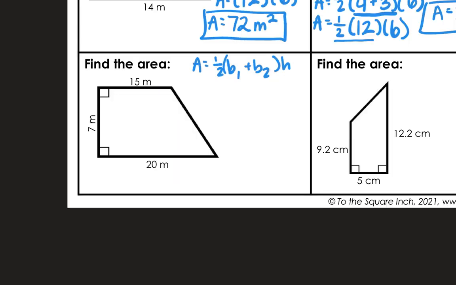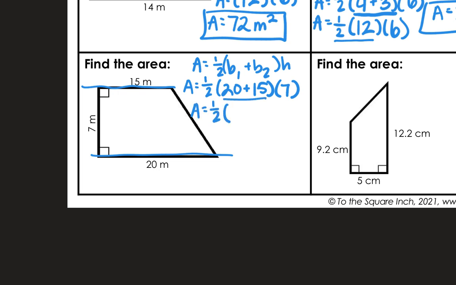The next one here looks a little different than the last two, but it's going to be the same process. So we're still starting with area equals 1/2. Our bases are still our parallel sides, the ones that are never going to touch. So 20 plus 15 times our height, which is 7. And then we need to do what's inside the parentheses. So area equals 1/2, 20 plus 15 is 35 times 7. 35 divided by 2 is going to be 17.5. So I'm going to do 17.5 times 7, and that will give me my area is equal to